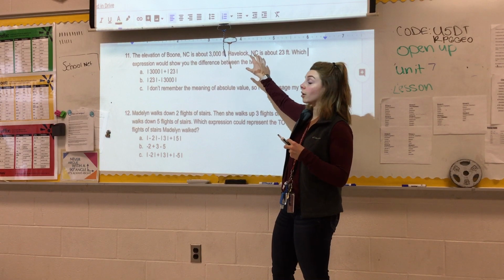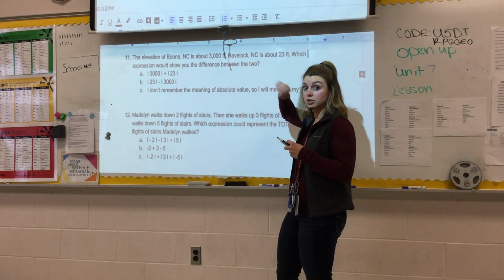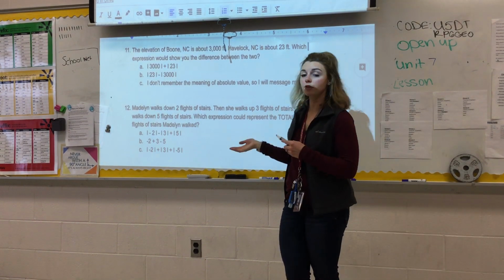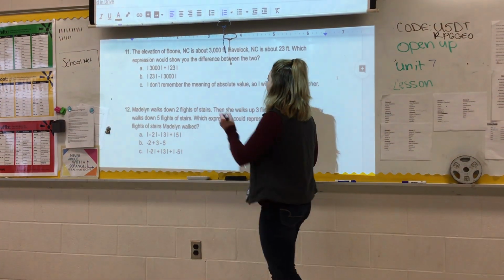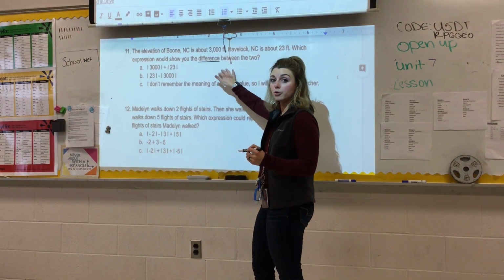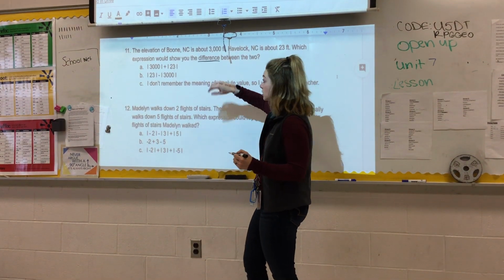But it is because we are much closer to sea level, which is 0. Which expression would show the difference between the two of them? That word difference should tell you to do what operation? Should tell you to subtract. So